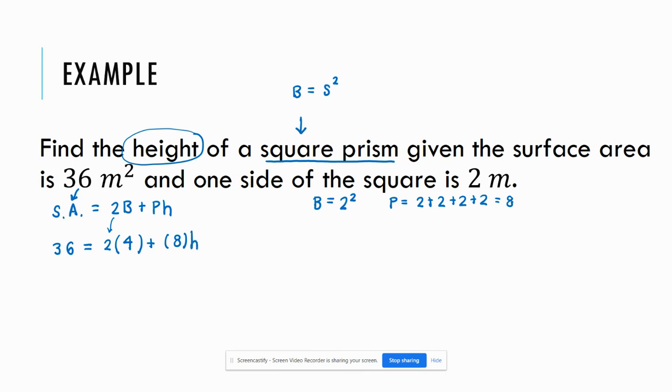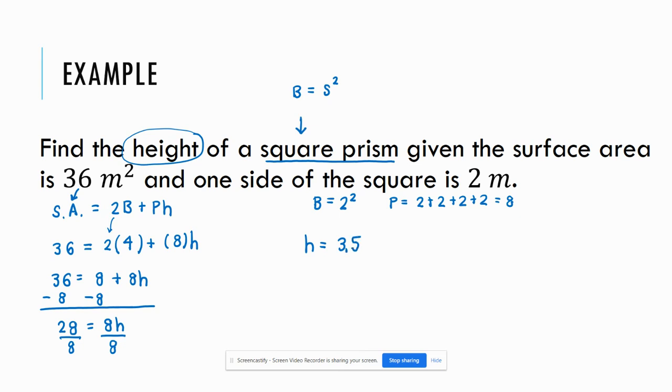And then, like I said, we don't know what h is. Our goal is to solve for h. So we still have 36 equals. I can multiply. 2 times 4 is 8. Plus, we still have 8h. So if I want to start solving for h, it's a two-step equation here. I'm going to have to subtract this 8 over to the other side. And so that gives me 28 equals 8 times h. Last step to get that height is I'm going to divide by 8. And so I get a height to be